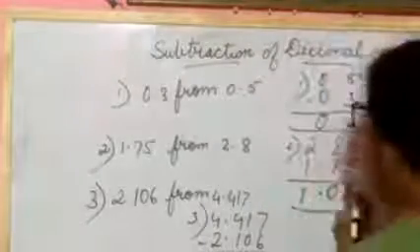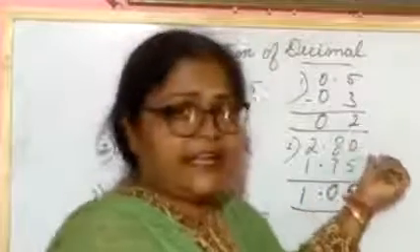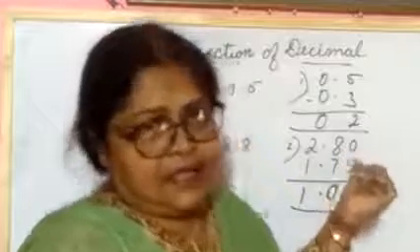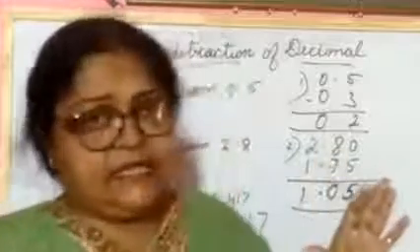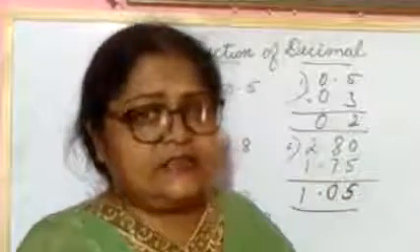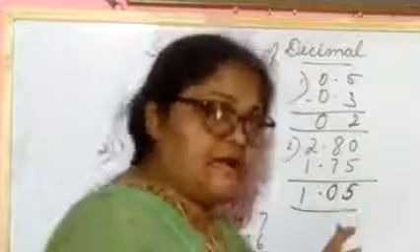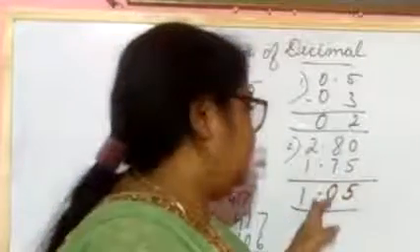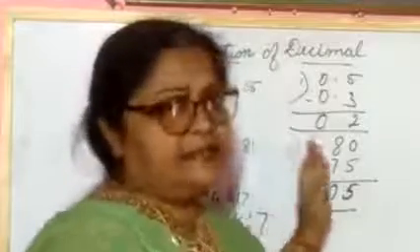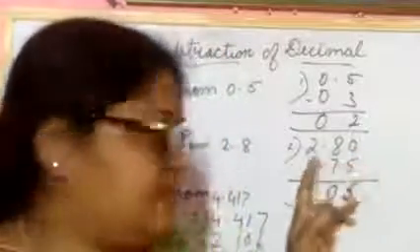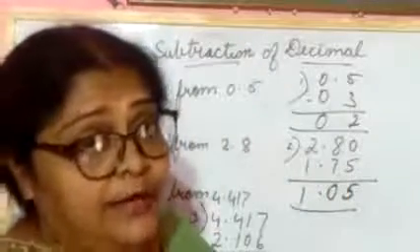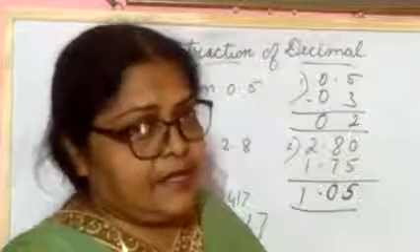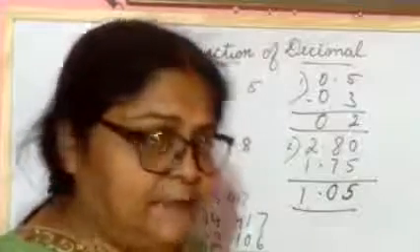Okay. Then 10 minus 5, what do you get? 5. So we have written it here. Now we have borrowed 1 here, so how much is left here? 7. After completing the hundredths place, which place will you move to? The tens place. 7 tens minus 7 tens, what do you get? 0. So I have written 0 here. Then you will put the decimal point. Before the decimal, what number is given? 2. 2 minus 1 is 1. So we have written that. What answer did we get? 1.05.